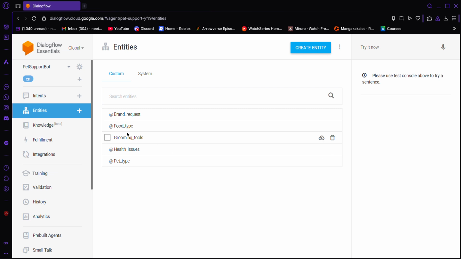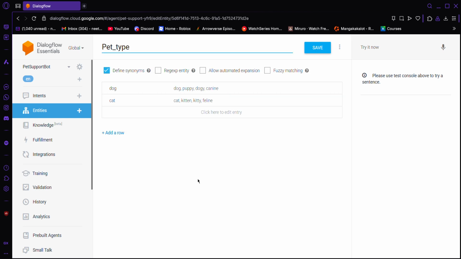To begin with, I'll show you my five main entities, which are pet type, health issues, grooming tools, food type, and brand request. In my pet type entities, I've given the two major pets that most people own, which are the dog and the cat, and accompanying synonyms, which are puppies, dog, canine, or kitten, kitty, and feline. These are given so that the AI can identify the specificity depending on